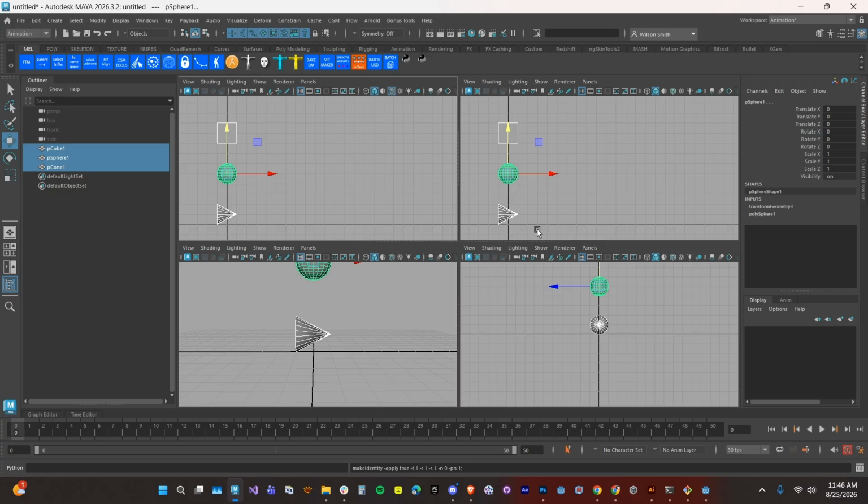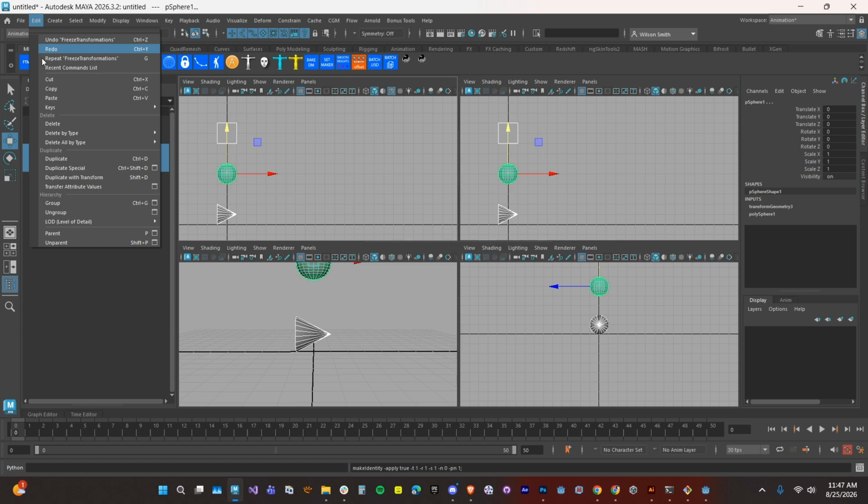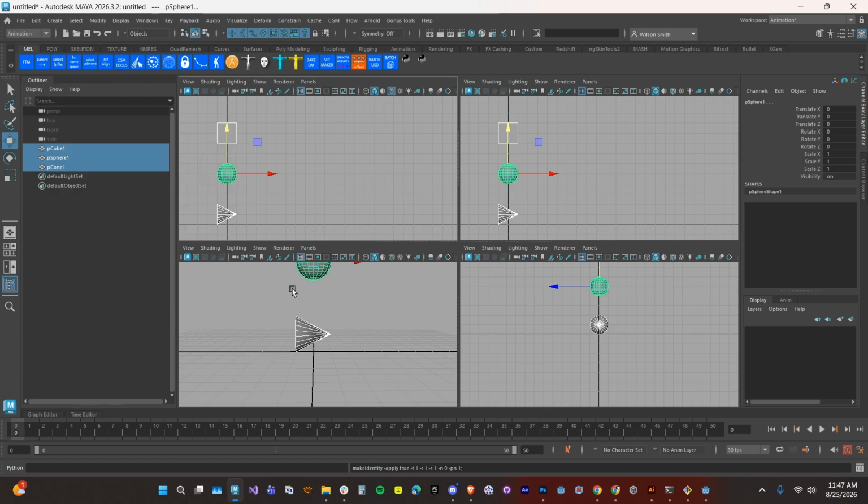Now history nodes aren't bad. They're kind of like a walk down what you've done to this object, but they also drag on the scene. So they make the scene a little bit bigger, a little bit more bloated, and sometimes they can cause unexpected issues down the road depending on what you've done with the objects. So once we've modified and freeze transformed, we go to Edit, and we're going to go to Delete by Type, History. Now we have all of these objects in a neutral state, and that gives us a chance to start our